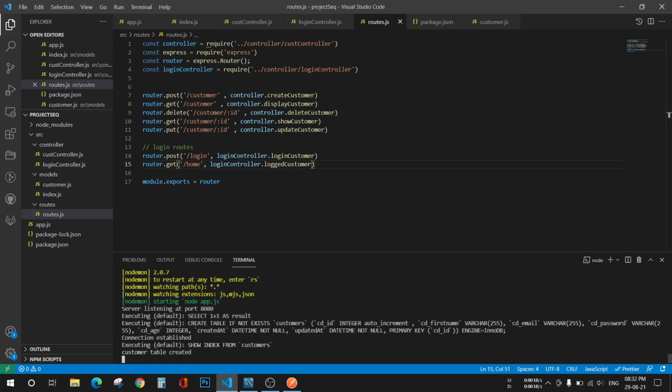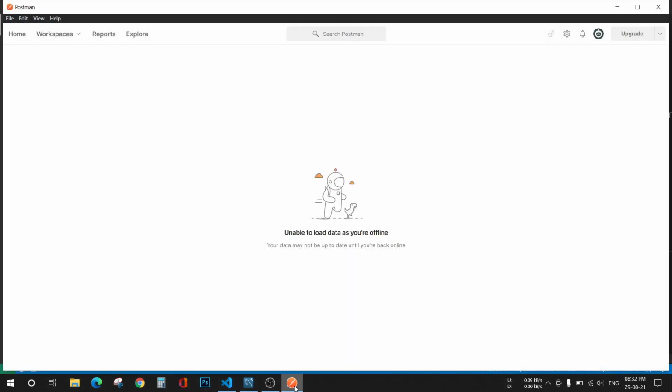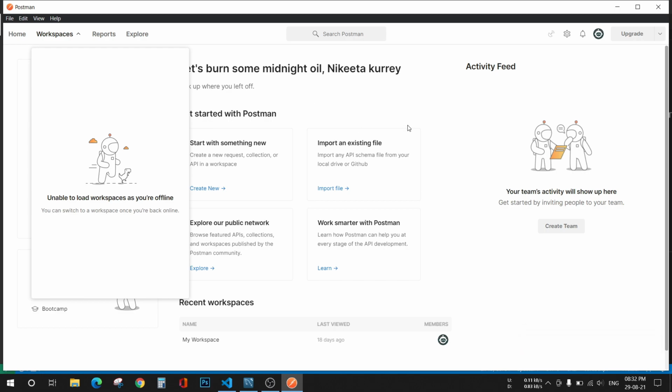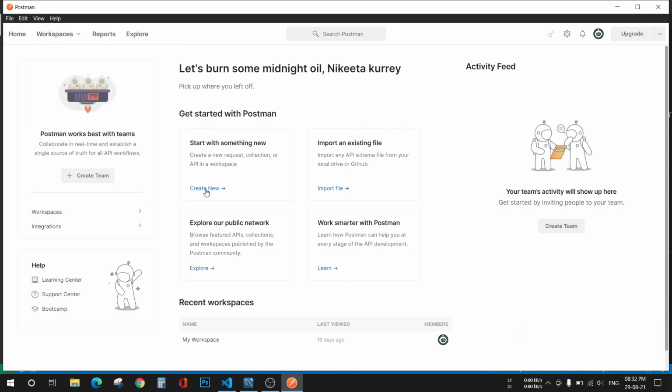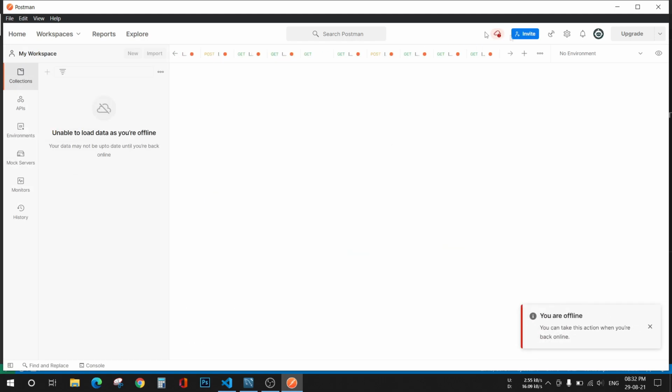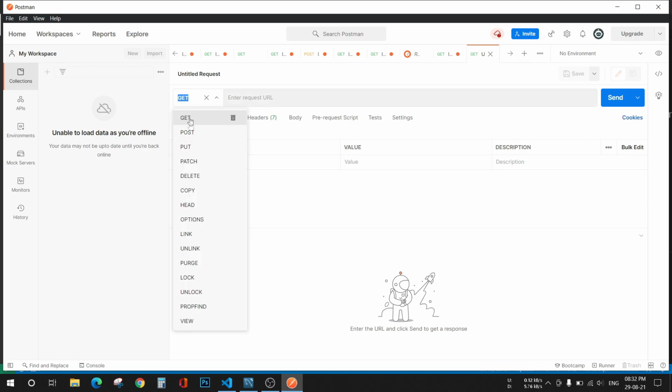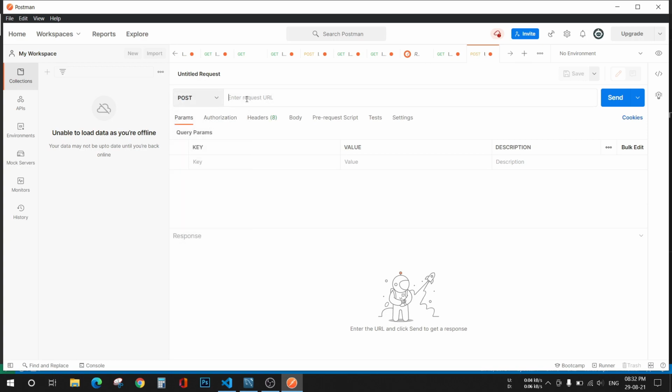For using this functionality, first let me add some customer or user. I'll open a new tab and it will be a post call since I'm adding a customer.